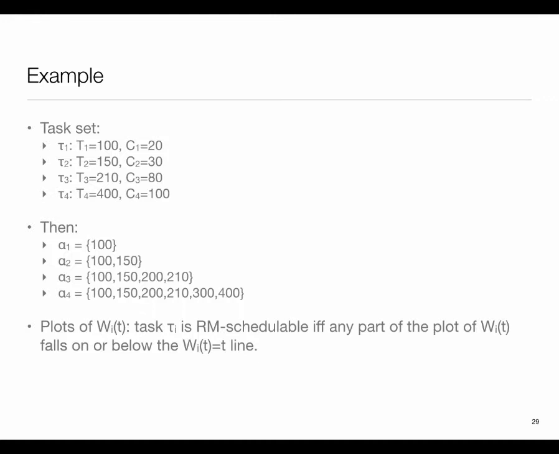So what it means is that corresponding to task 1, I have one inequality, and for it to be schedulable, that inequality better be met. For task 2, I have 2 inequalities, and if either one of them is satisfied, I'm good to go. Task 3, I have 4 inequalities. Any one of them is satisfied, I'm good to go. And finally, I have 5 out here, I have 6 out here. Any one of them is satisfied, I'm good to go. And for the task set to be schedulable means that in each group, I should have one inequality which is satisfied. So I could structure it this particular way.